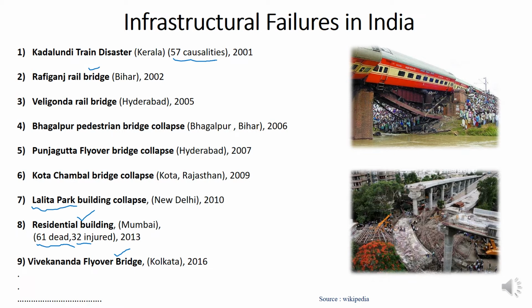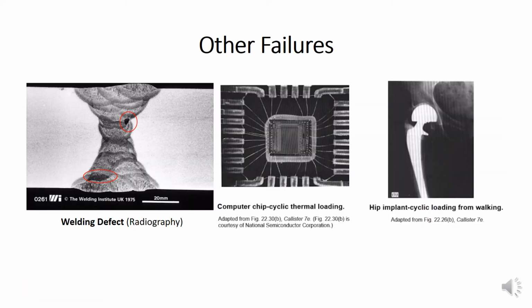So in order to avoid these types of failures, we need to worry about non-destructive testing. There are some other types of failures other than bridge failure and building failure. Here you can see a radiographic image, or X-ray image, of a welding joint. These black spots are pores or flaws inside the welding joint, highlighted with this red circle. These will grow over a period of time,